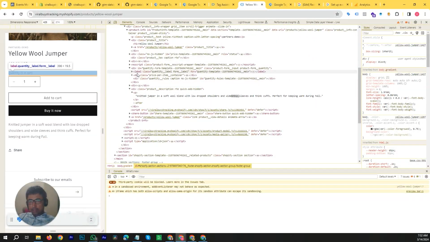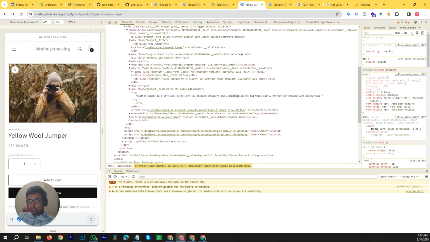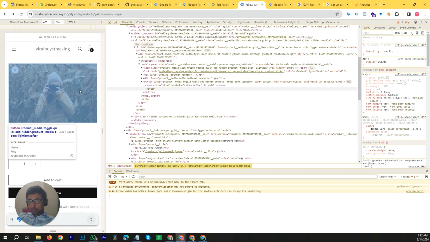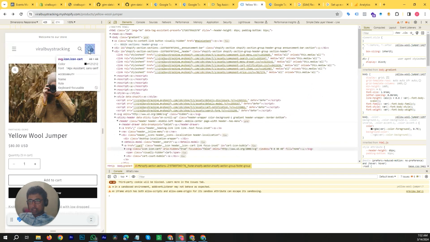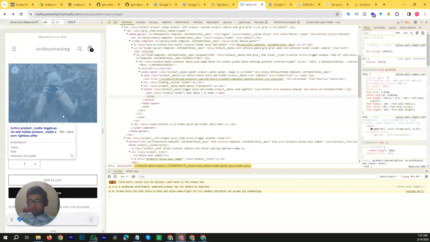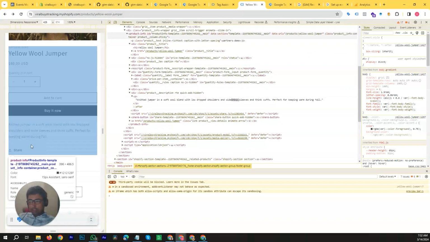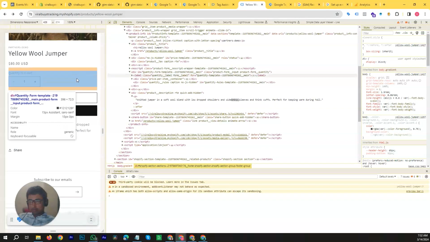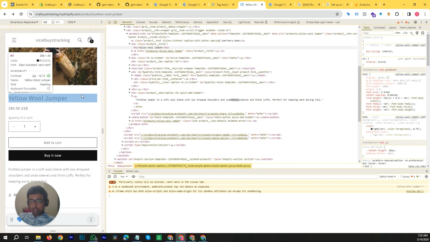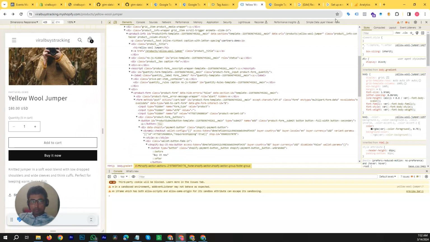We can select all these elements, every single bit of text, every single image, icon, text, whatever, this form field. Anything that is present on your website's front end user interface is an element, and we can track